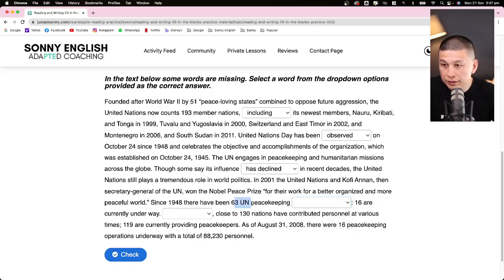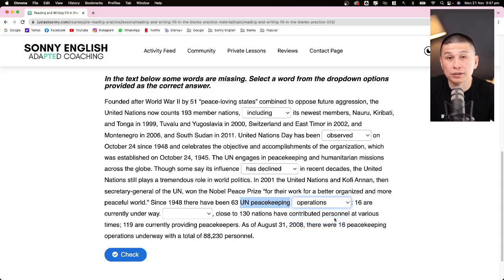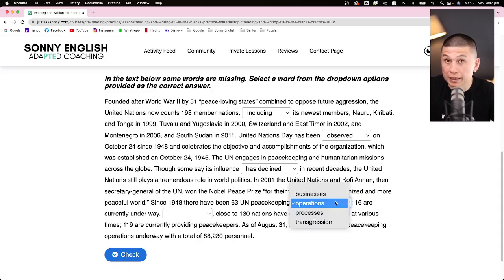So this is the United Nations, UN peacekeeping. Come on. When you're talking about those type of organizations, when they do things, right, what do they call it? They're operations. They're called operations, right? Whatever project they're working on, they call it an operation. It's not a business, right? Definitely not a business. A process? No, it doesn't sound right. An operation. Any type of these government organizations, when they do something, it's called an operation, all right? So that one's the one that I would pick. And then lastly here,